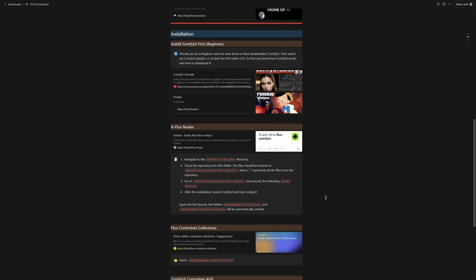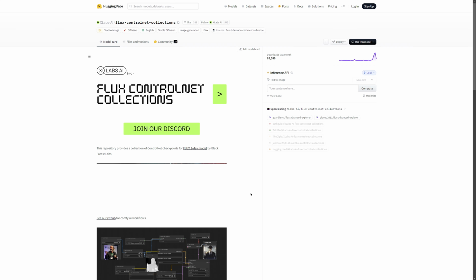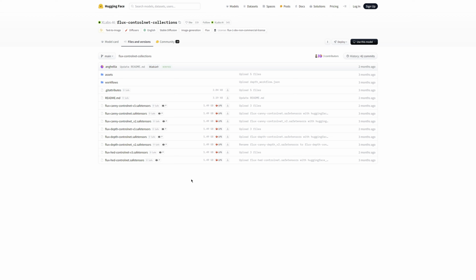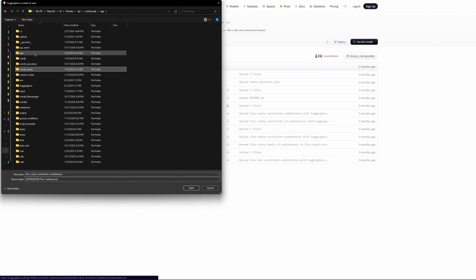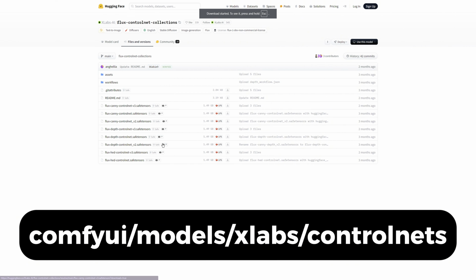Next, we need to download the ControlNet models. For this, click on the link in this document. When you land on the website, go to the section where you can download the latest versions. In my case, version v3 of Canny, Hed, and Depth. Navigate to your ComfyUI models folder, then into the newly created XLABS folder and place the ControlNet models inside the